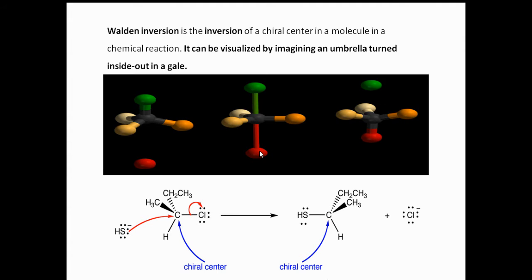the red one. Now you can see the complete loss of the green ball, that is the green group, and then the new bond is formed between the red group and the carbon. So it is similar to an umbrella. This is an umbrella, suppose. Now when you go out in a strong wind, what happens? It becomes upside down and it will give rise to this shape. So that is Walden inversion. So in all the SN2 reactions, we come across inversion of configuration.